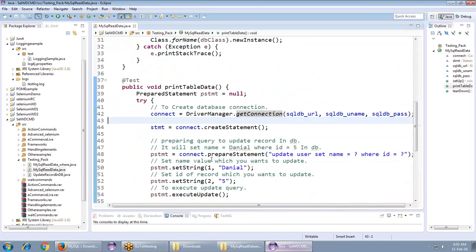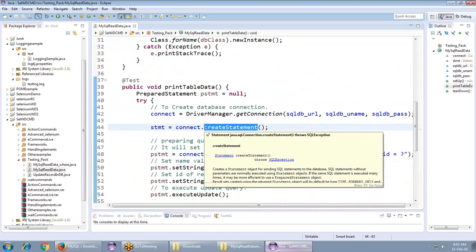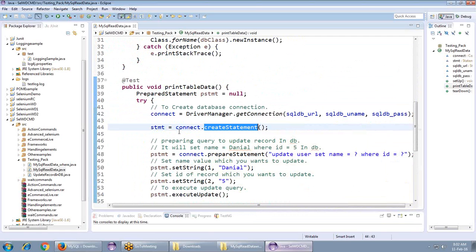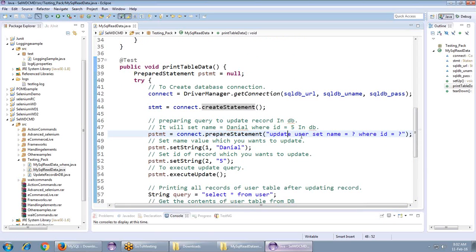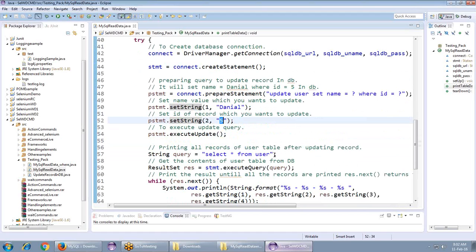We are creating the statement. What sort of statement? We are creating the statement to apply to my database. That is, I am setting the name Daniel somewhere at ID 5. One of the databases is already created where we have a bunch of records. So that is why I'm writing the query like update user set name equal to question mark where ID is equal to something. I'm setting the string as Daniel for the first question mark, and for the second question mark I'm setting the value as 5. And then once I run select star from user, it will show all the data available